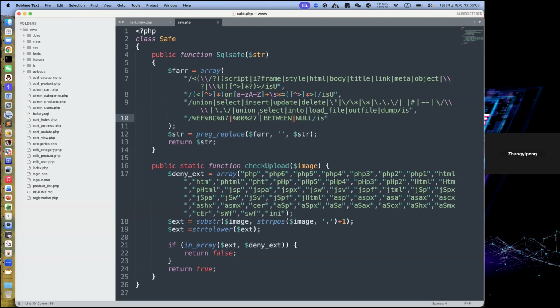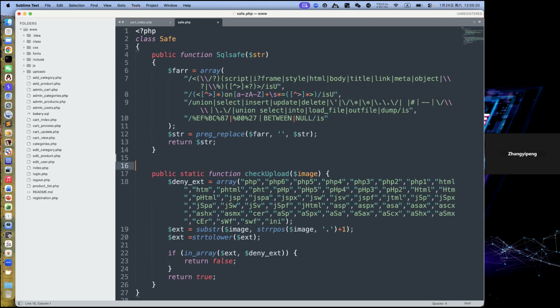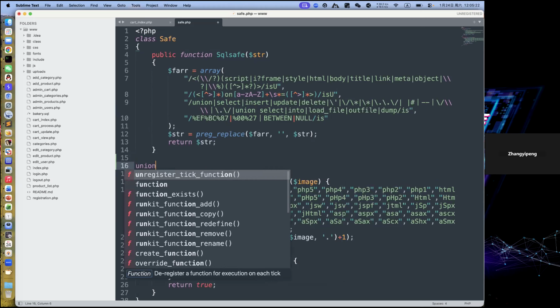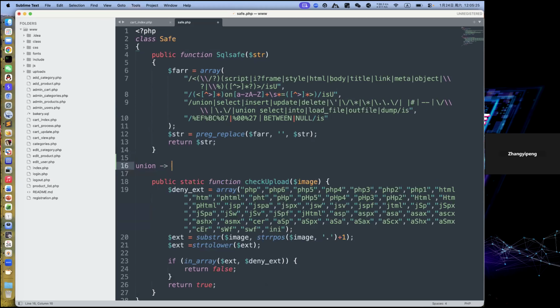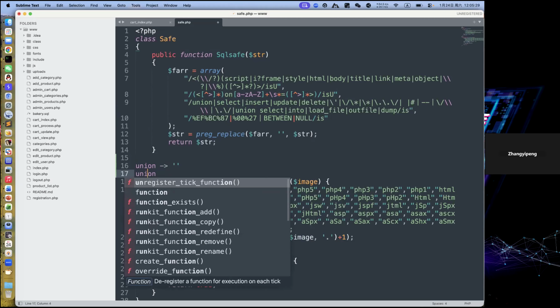That's because, as you see, we only replace these special strings one time. That means if there is select or union select or others, it will be replaced with none. However, we can combine some special strings together, for example this one. Uni will be none, right? However, if we just use uni and here uni,